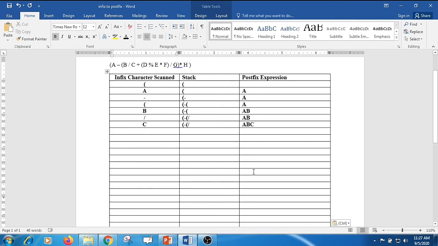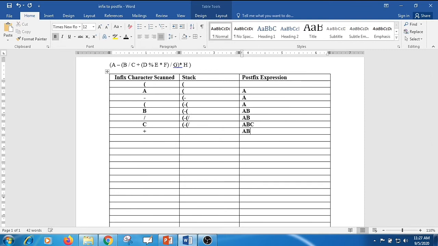Then comes plus. When you get a plus, if you consider that your division is there, which has more precedence than the plus, then what you need to do is pop the elements until the opening bracket is encountered.